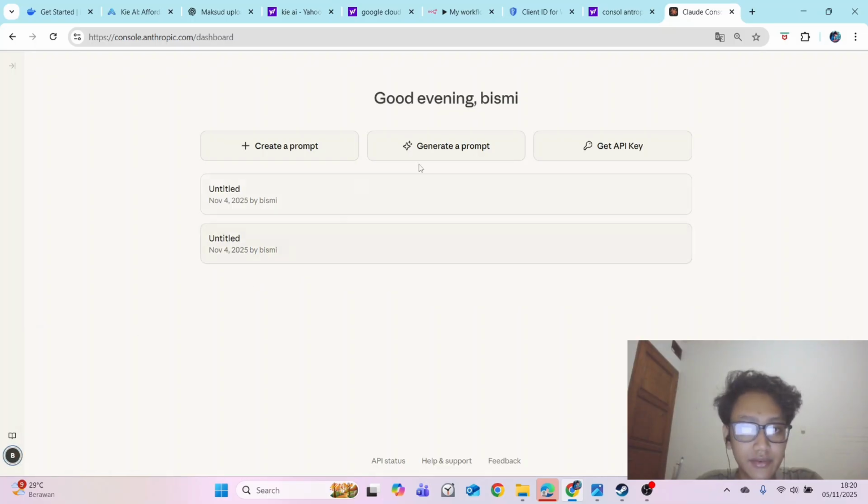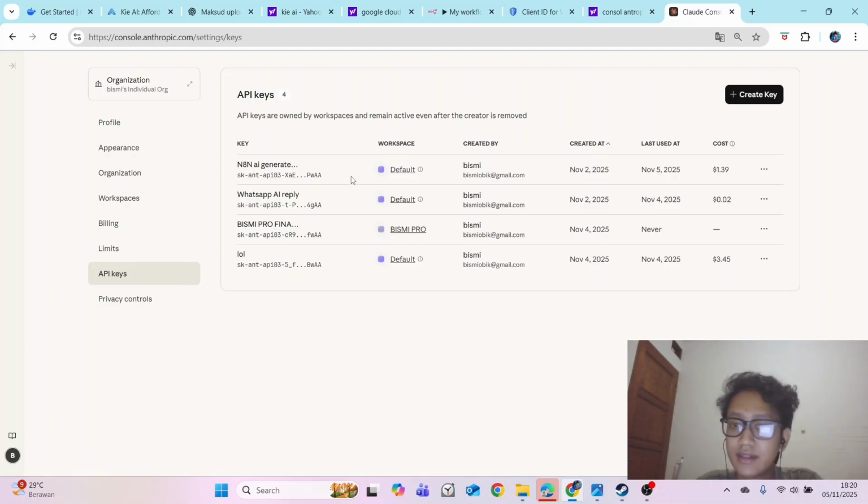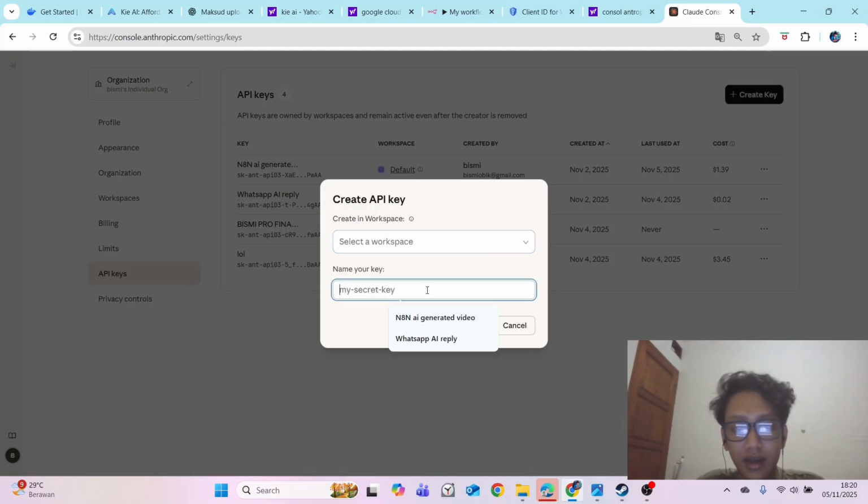You go to get API key, and this is my API key. You can create yours; for example, you can choose your default and just put the name of your key.